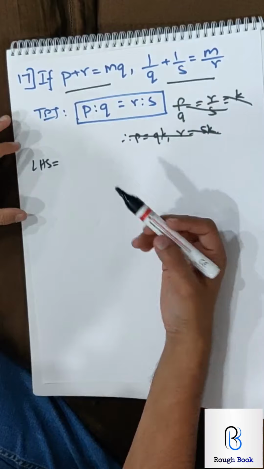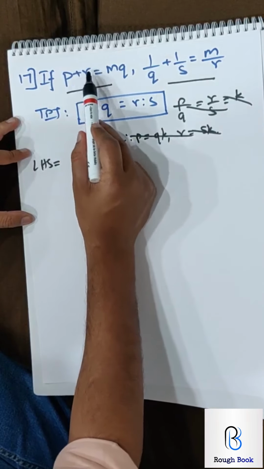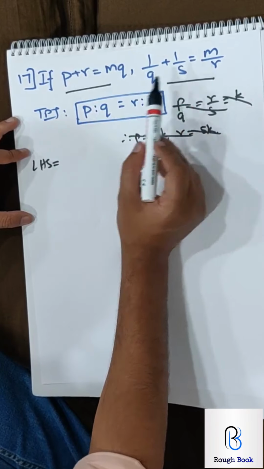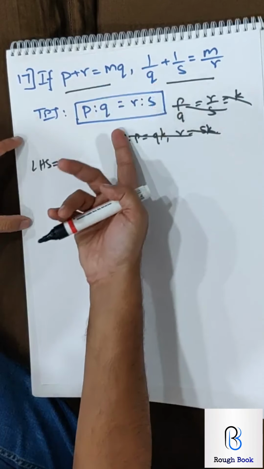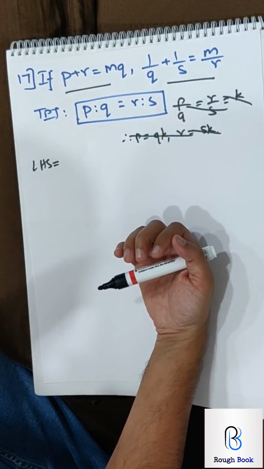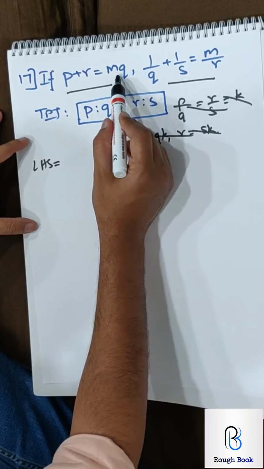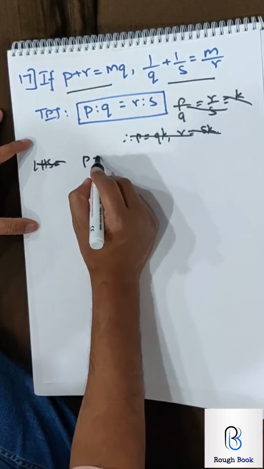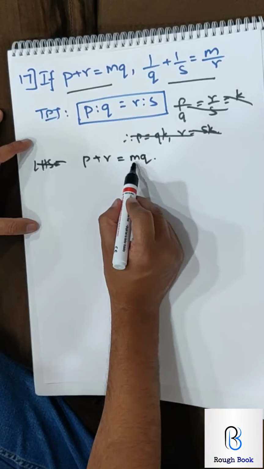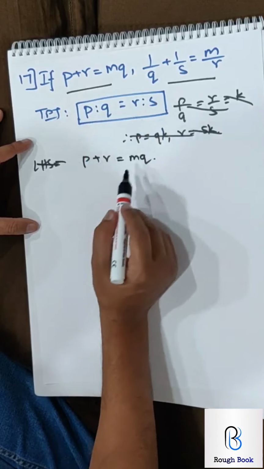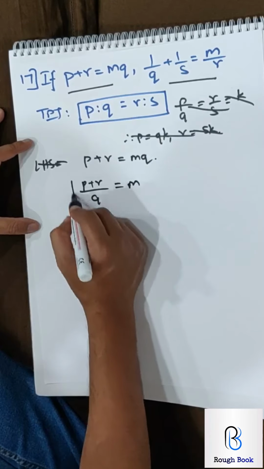So what we can do is, we can take this first part, either make R as the subject and substitute everything here, or make Q as the subject and substitute everything here. And then using both of them we might reach here, possibly. Or we can even make M as the subject. Yeah, let's make M as the subject. So I take the first part, P plus R, MQ. There is no other method except making M as the subject, because we don't need M. So if M is the subject, P plus R upon Q equals M.